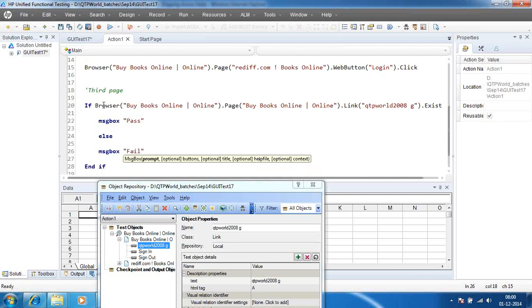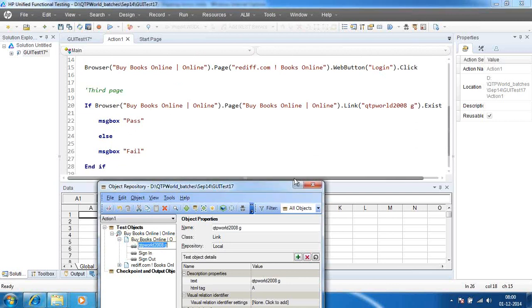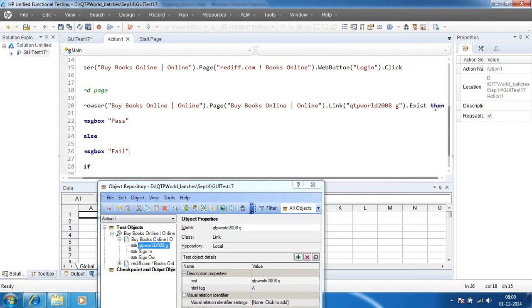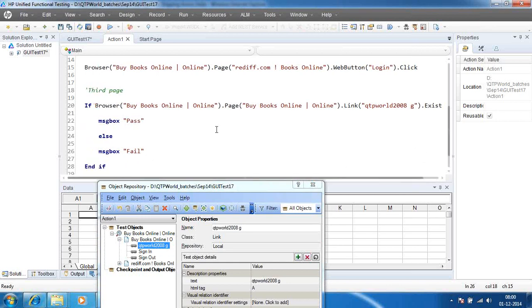We are saying if browser page and this QTP World 2008G link exists, then, then is a syntax for the if condition. If it is there, it should get into the positive condition. Message box as pass, else message box is fail. And if ends with end if.